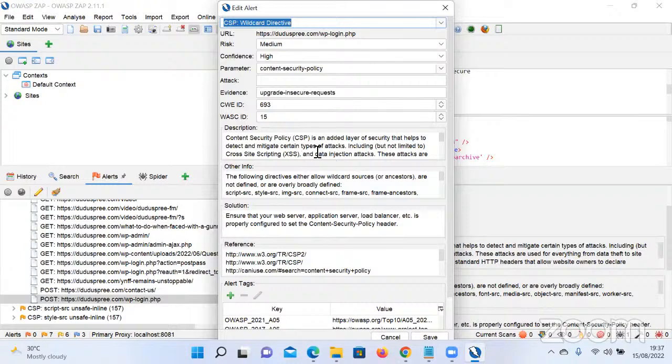That means they can inject it, and data injection attack. They can inject it and bring out data. Data such as username, password, login,